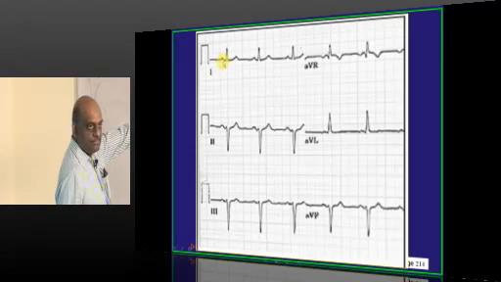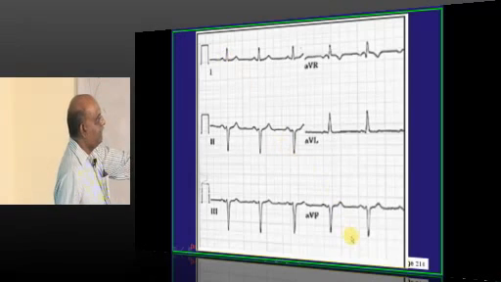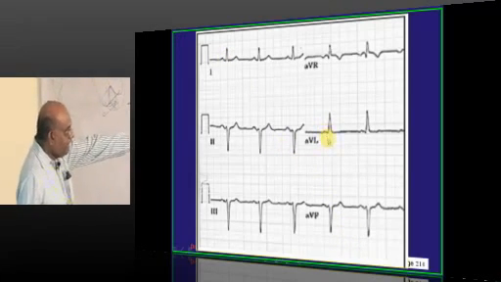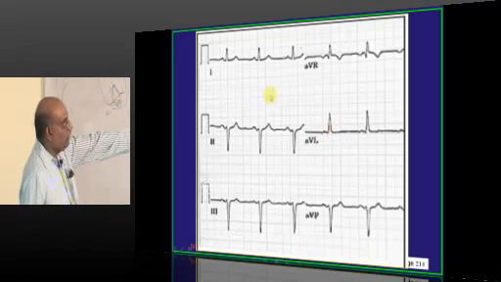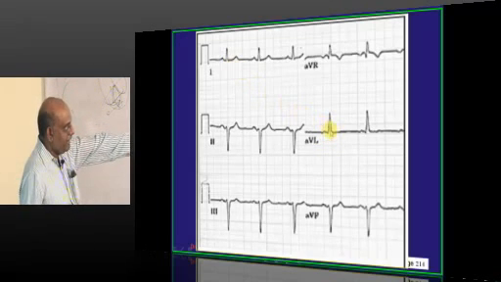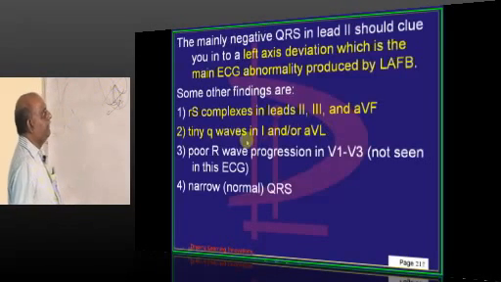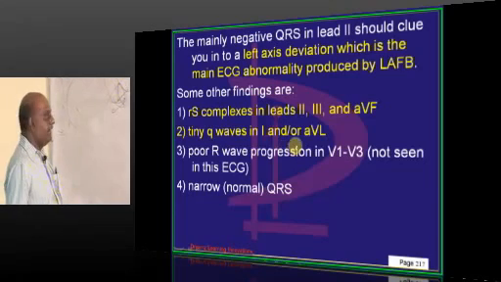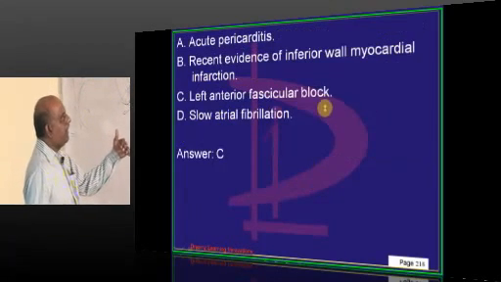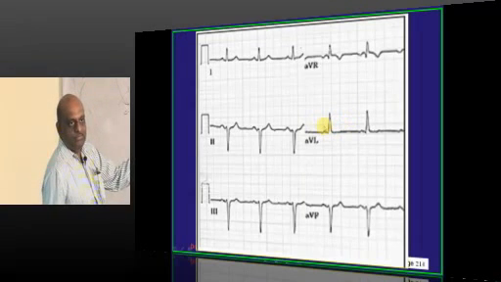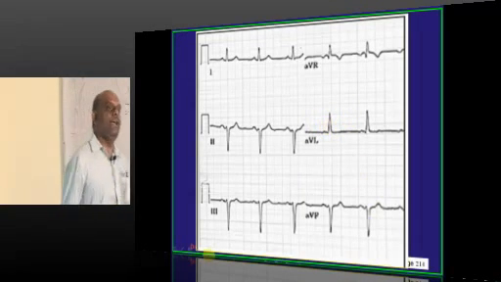Lead 1 and aVL, what do you find? Tiny Q waves is another criterion, and narrow QRS. How is the QRS? It is narrow. They are the 3 criteria based on which you will diagnose